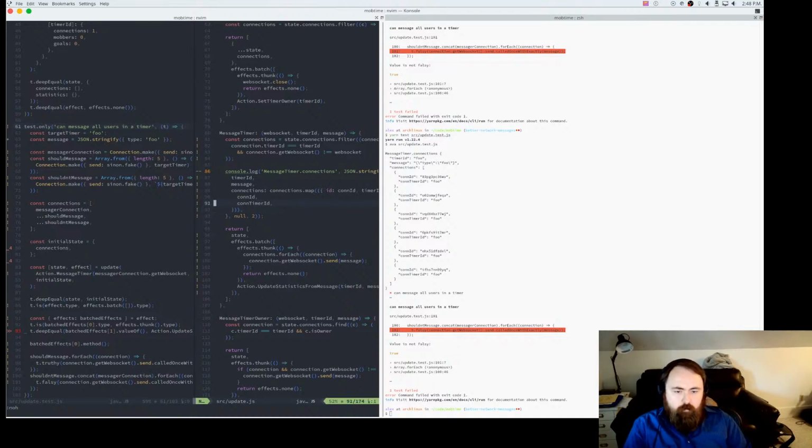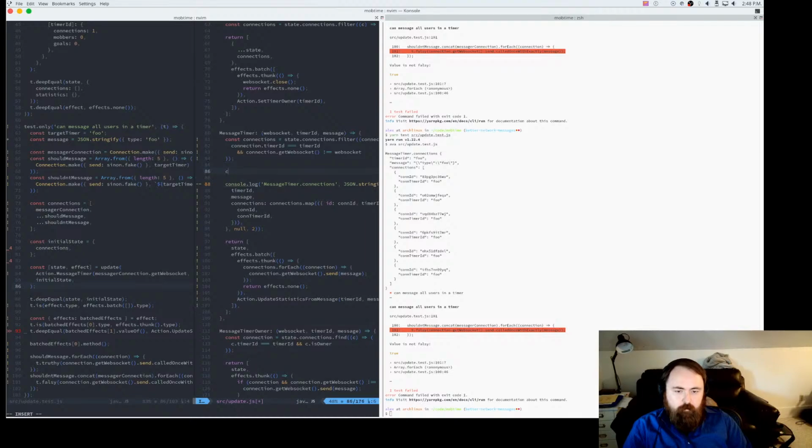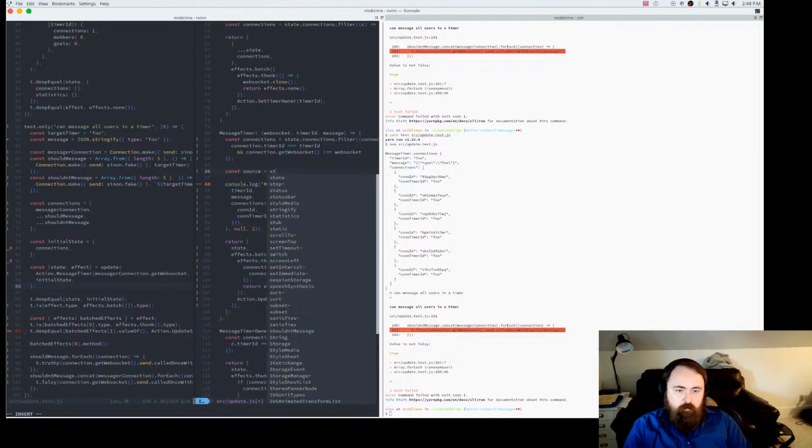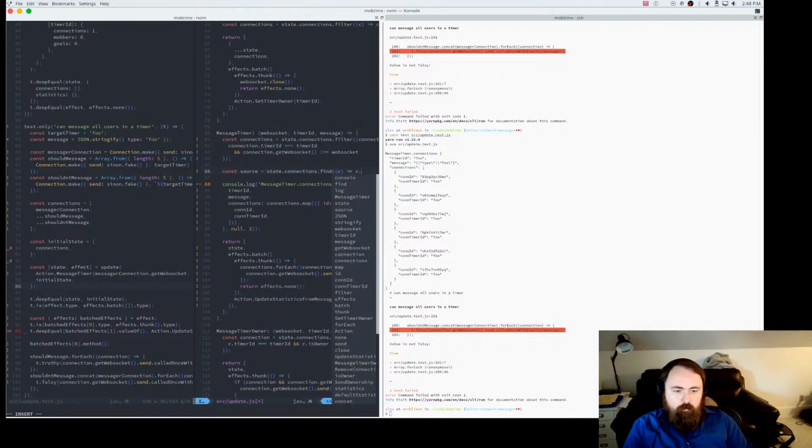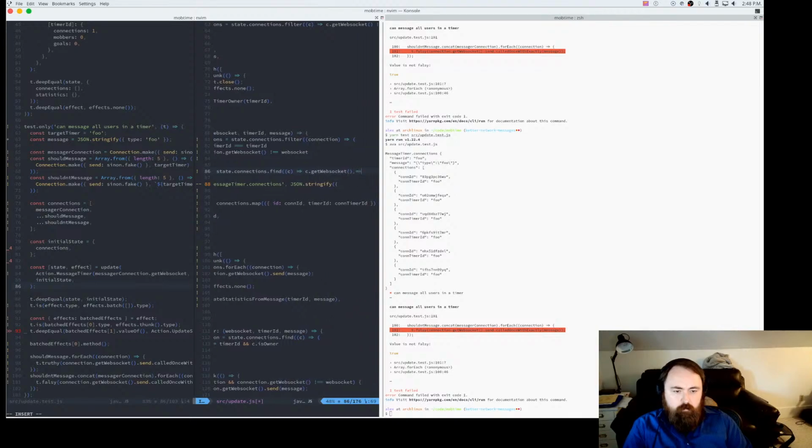Well, I guess what we could do is, here, where are we logging stuff? I guess it's here. So we do know the WebSocket, so let's just say source. It's going to be state.connections.find, get WebSocket, same as WebSocket.